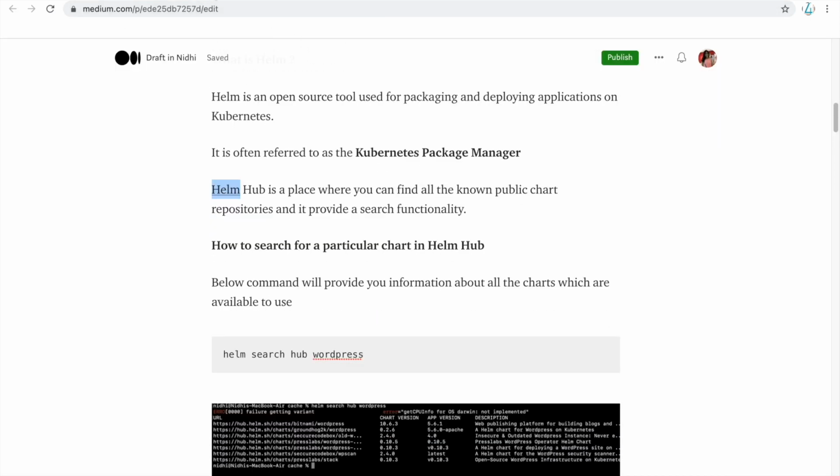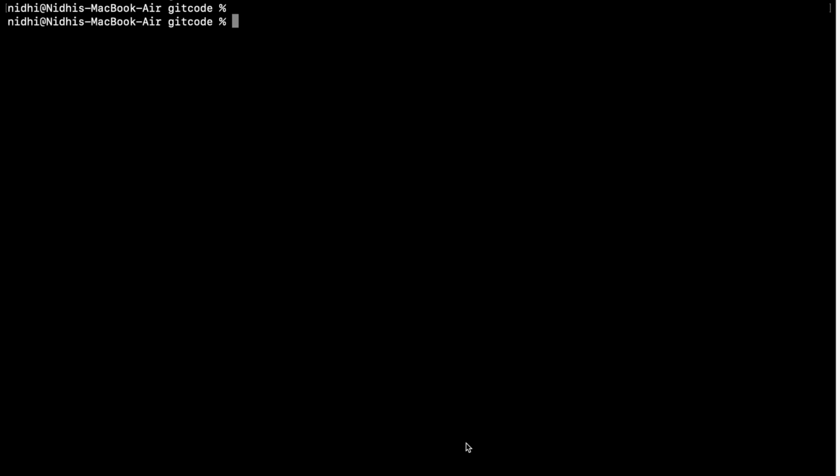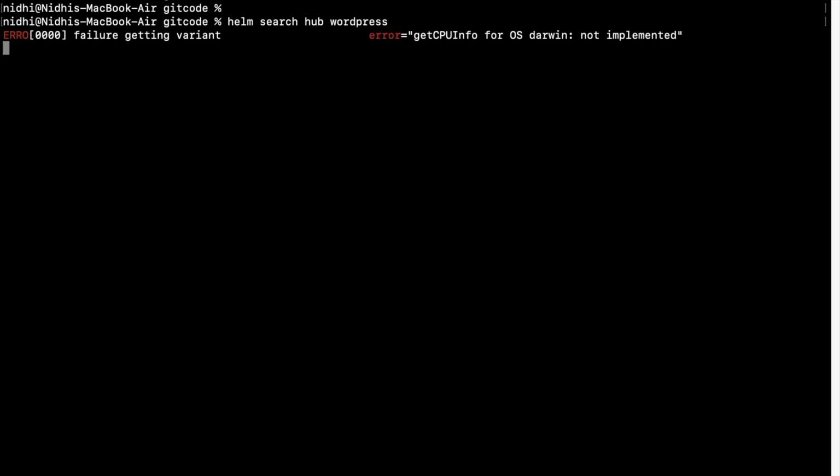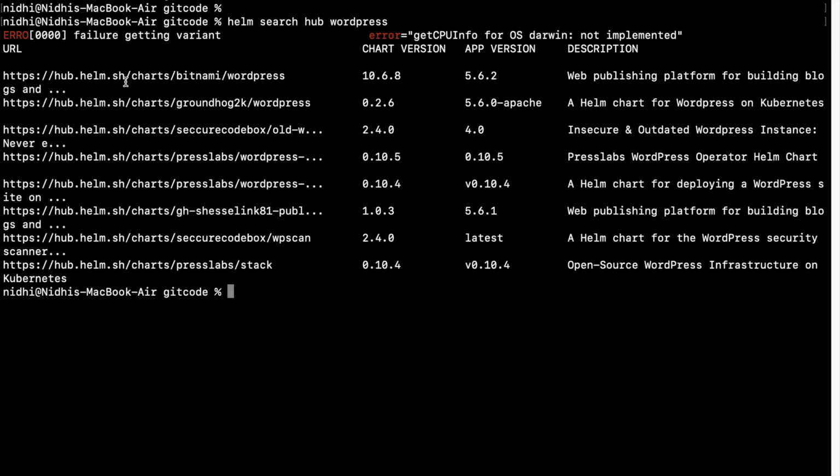This is the Artifact Hub where you can search for all those things, or you can also do it from the command line. These are the basic commands, like helm search hub, and you are searching for WordPress. You will see all the applications which are available for WordPress.